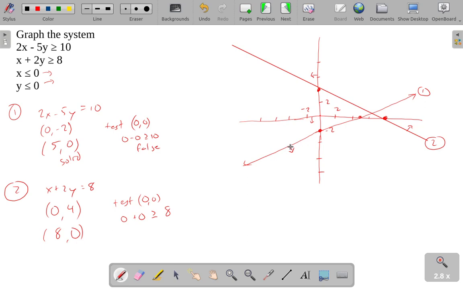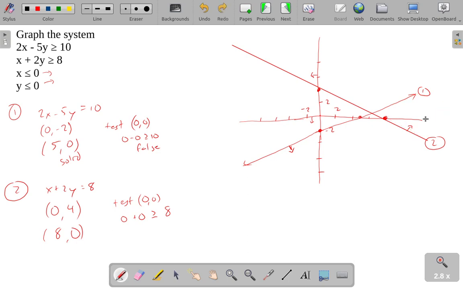So we need to be below this line, we need to be above that line, we need to be to the left of the y-axis and below the x-axis. Well, just looking at lines 1 and 2 here, just between those, I know it would have to be this area that would be shaded. And